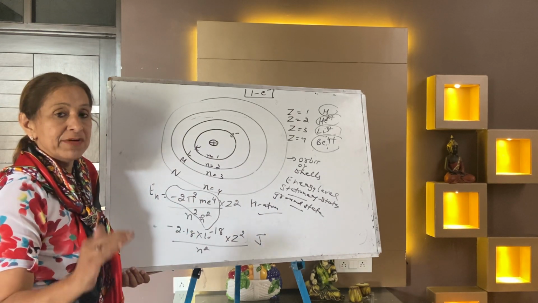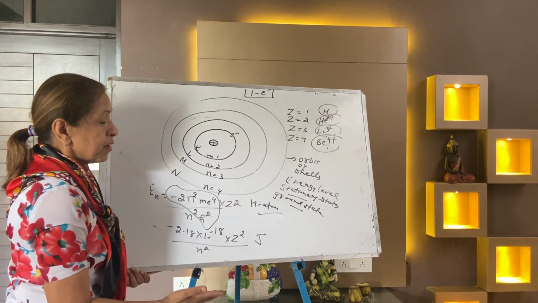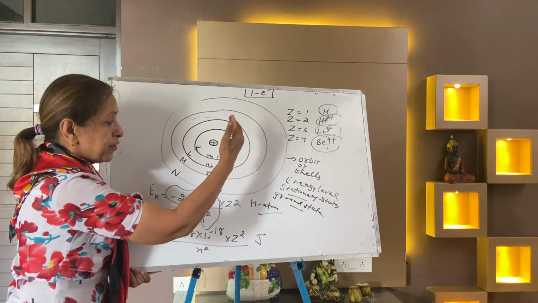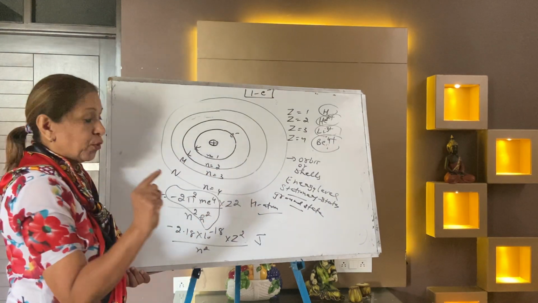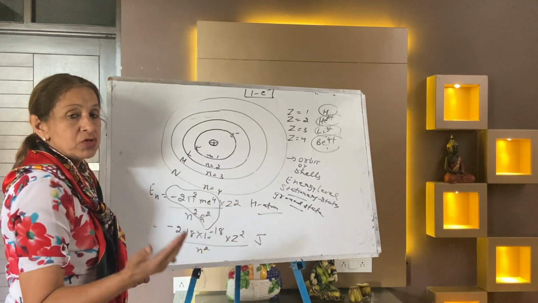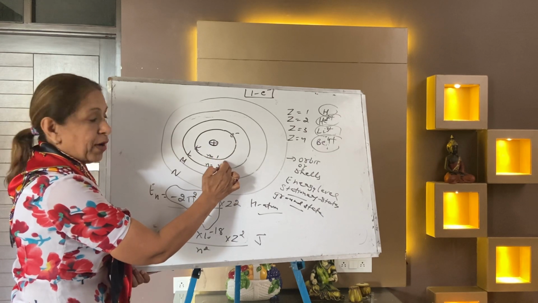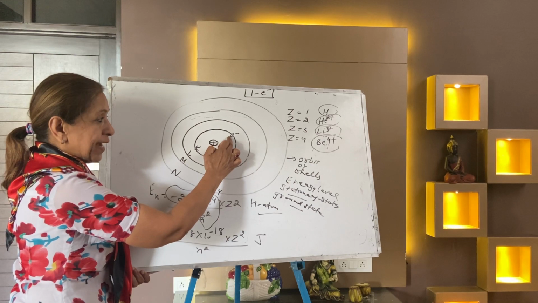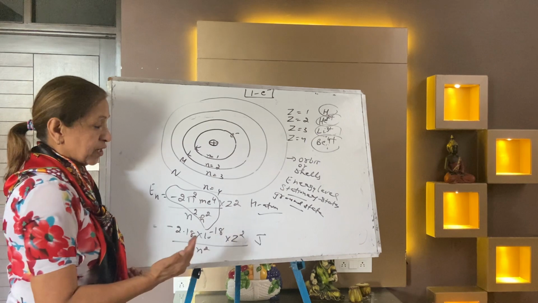The electron does not have its own energy. The electron has the energy of the orbit. When the electron jumps to another orbit, it takes the energy of that orbit. Now they are called the ground state. What is the ground state of the hydrogen atom electron? The answer is n equal to 1. n equal to 1 is the ground state of the electron of a hydrogen atom or hydrogen-like species, and all the others are the excited states.